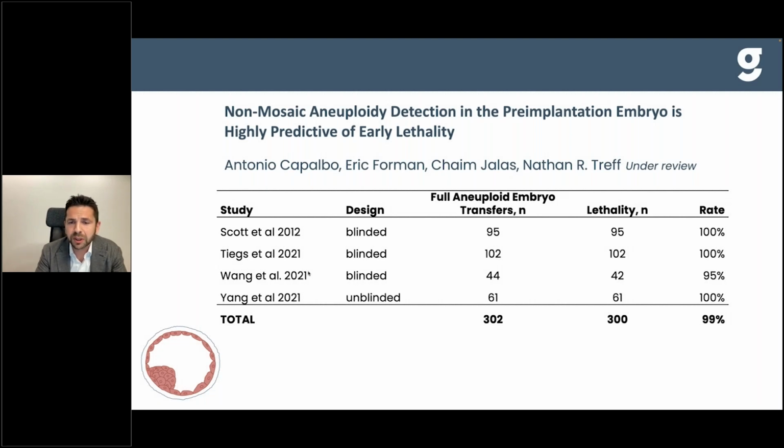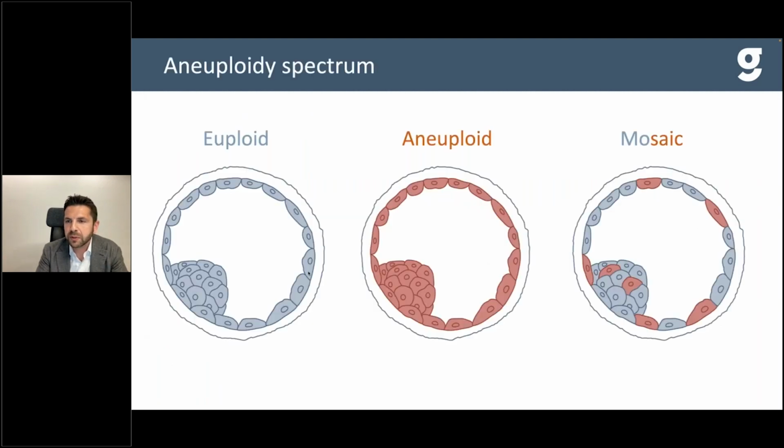Now, it is extremely important that we make distinctions across the broad spectrum of aneuploidies. Mosaic embryos are, of course, another category, but uniform aneuploid embryos, we know today, are designated in the right way and should not be transferred back to patients unless these data are clearly shown and unless an ethics committee has approved this type of medical practice. Now, let's get to the point of mosaic embryos and the clinical outcomes associated with them.